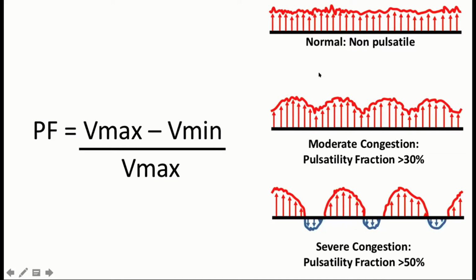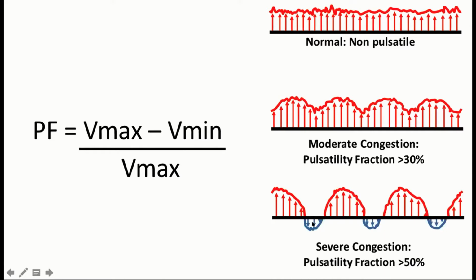We can classify this portal vein as normal flow, which is continuous or non-pulsatile, or at least less than 30% pulsatility. Moderate congestion, where we see a pulsatility fraction greater than 30% but less than 50%, and severe venous congestion, where we see greater than 50% pulsatility fraction. In this example, we're actually seeing greater than 100% pulsatility fraction, given flow in this example is actually negative in